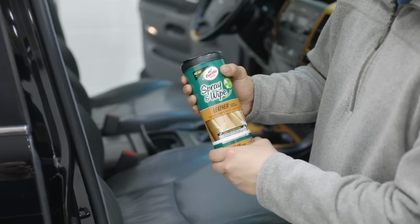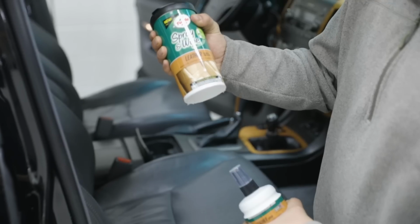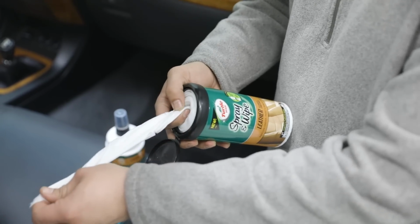To start with Turtle Wax's spray and wipe products, twist the bottom portion to separate the shrink wrap at the perforated line and pull to remove the spray bottle from the canister. Then, starting from the center of the wipe roll, pull wipes through the canister's top and tear one sheet off